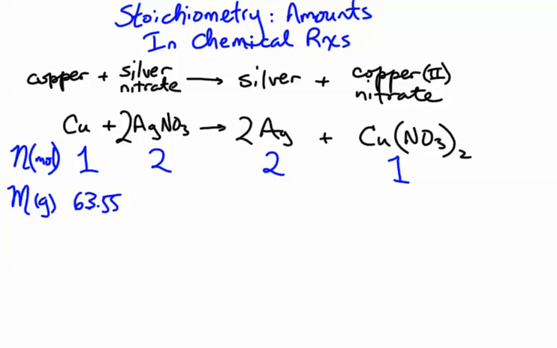Now AgNO3 is going to take a bit of doing, so here's what we got to do. We got to take our oxygen, right? So you got to go bracket, 3 times 15.9994 plus nitrogen, which is 14.00674 plus silver, Ag, 107.8682 equals that, and then you have to multiply that by 2. And you'll find that we get